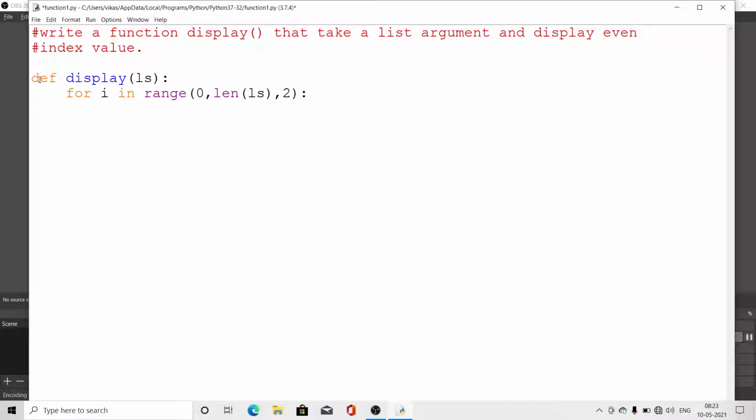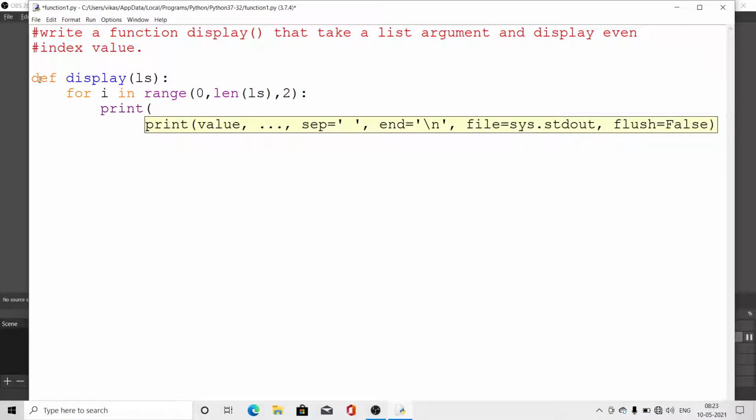Even index means 0, 2, 4. So we get the total length, how many elements are in the list. According to that we have to display, and then print ls of i, comma, end is equal to space.